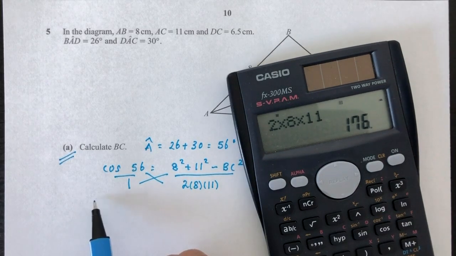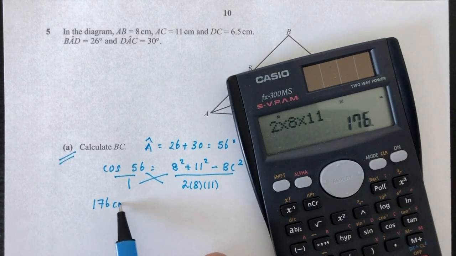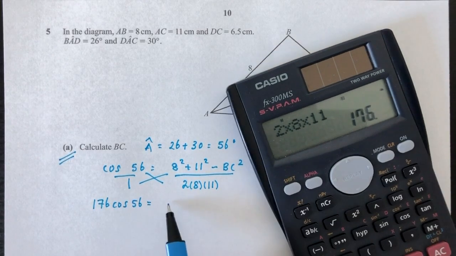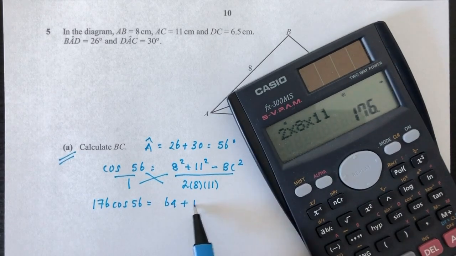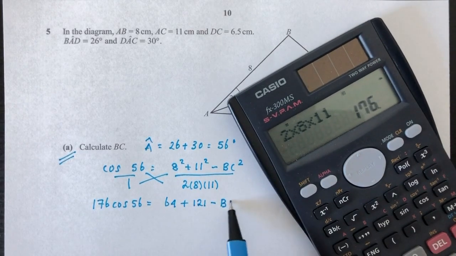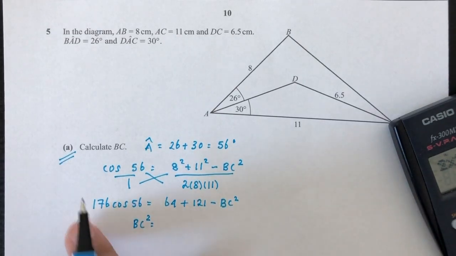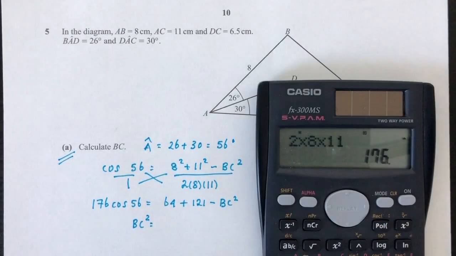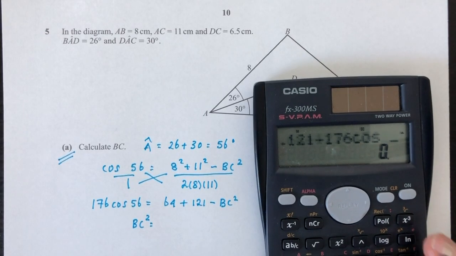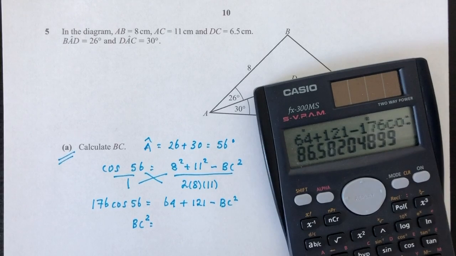That will be 176. So 176 cos of 56 equal to 64 plus 121 minus BC square. So now we have to make BC square the subject of formula. So we send this over here and we send this over here. So 64 plus 121 minus 176 cos 56. That will be